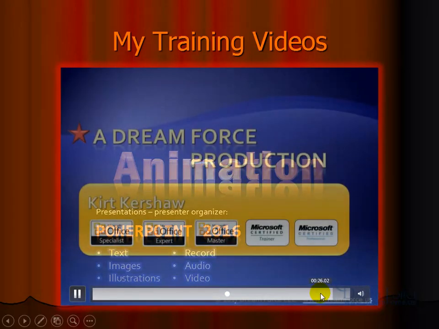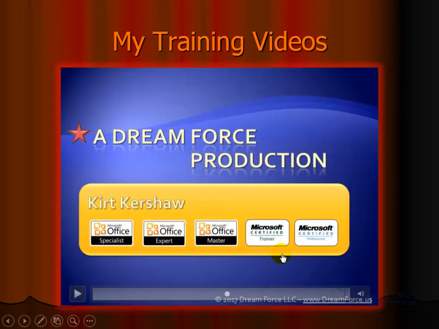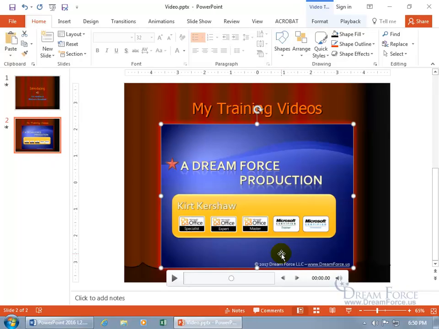PowerPoint 2016 and it goes right back to the beginning. Yes, it does actually do that. So what you see, let's hit the escape key. During the preview, in the design view, will actually show exactly like that during the preview. So you may want to make sure that you've got something that begins your video that you can return to